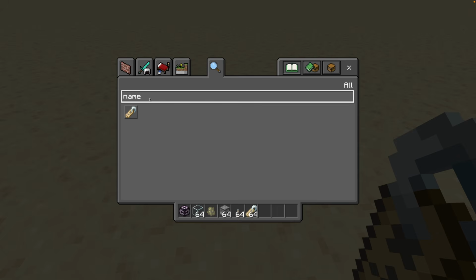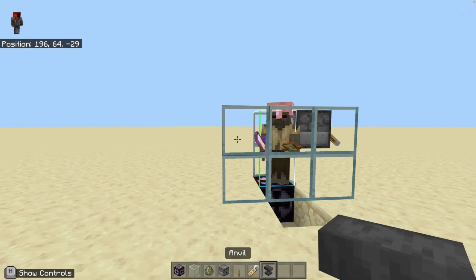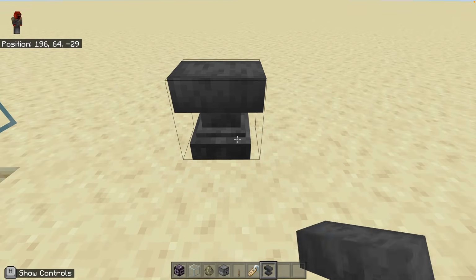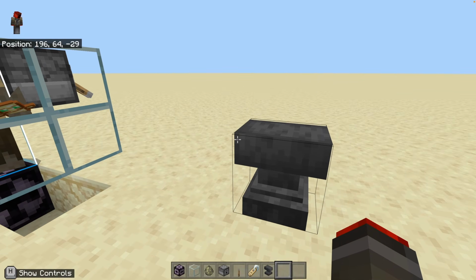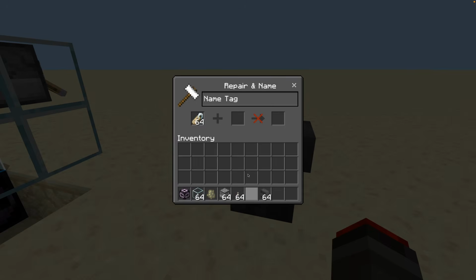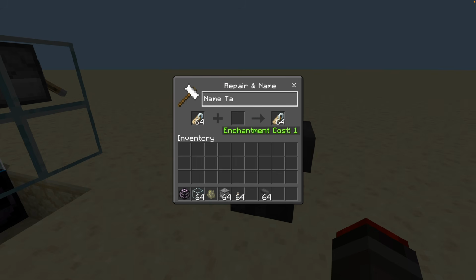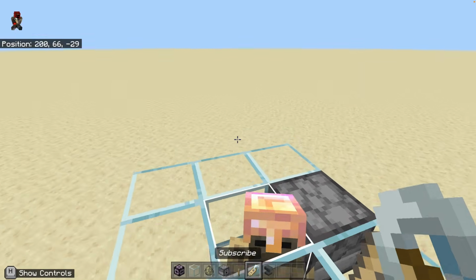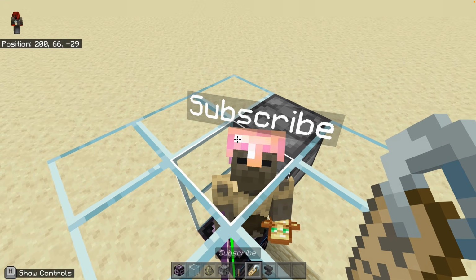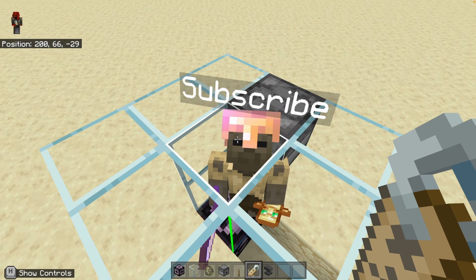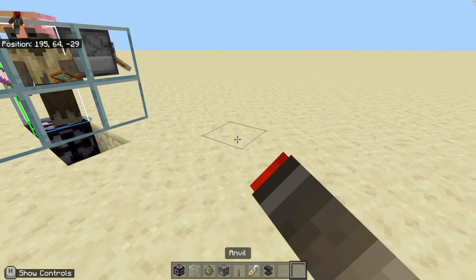Alright, now that we've got an item in its offhand as well, let's get ourselves a name tag and an anvil. So basically we're going to be naming the mob. For those of you who don't know how to use a name tag, you throw a name tag in the anvil and rename it to anything. I'm just going to call it subscribe because you should subscribe. And you take it out. Once you right click on your mob, it'll put the name on the mob right there. So now that we've done that,